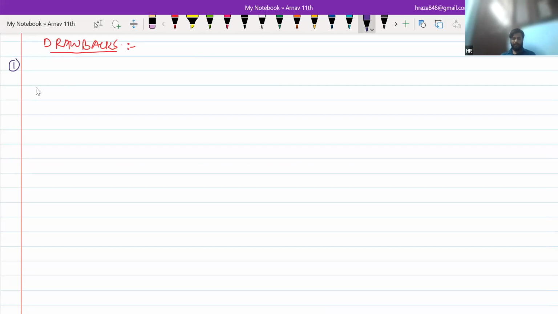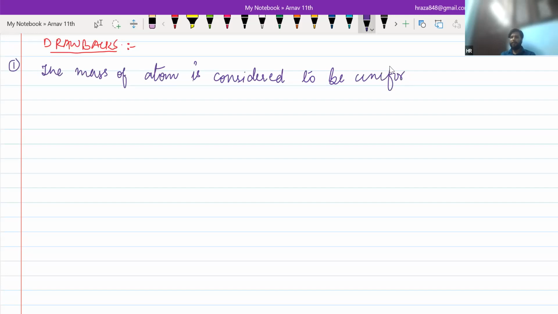The first drawback is that the mass of the atom is considered to be uniformly distributed, because the mass of the atom is concentrated